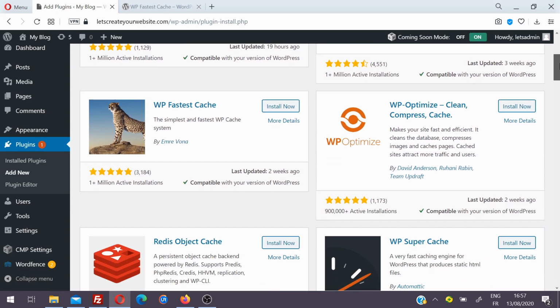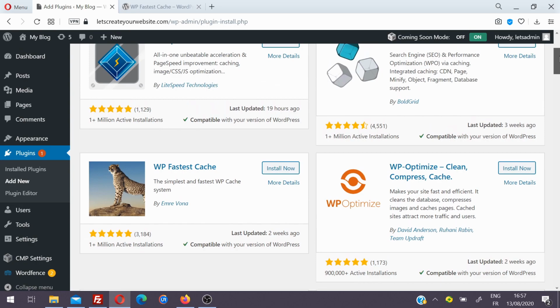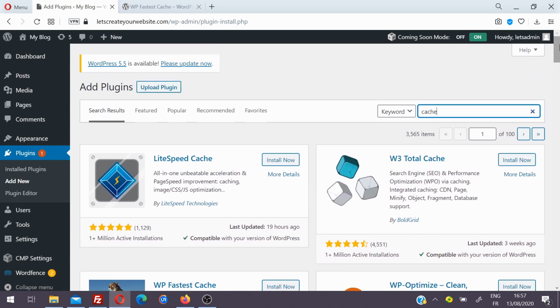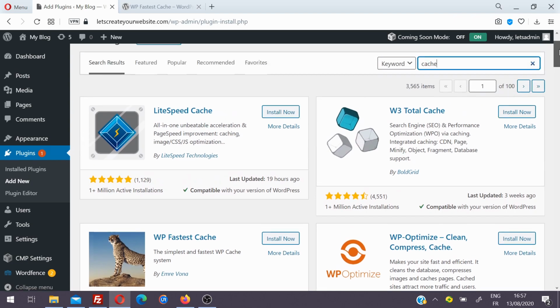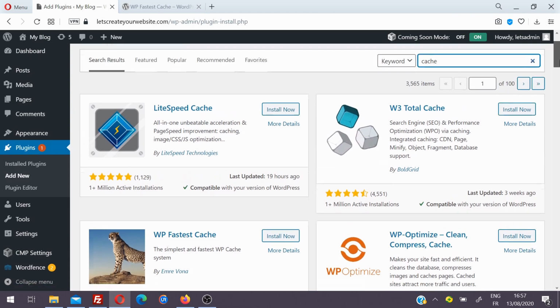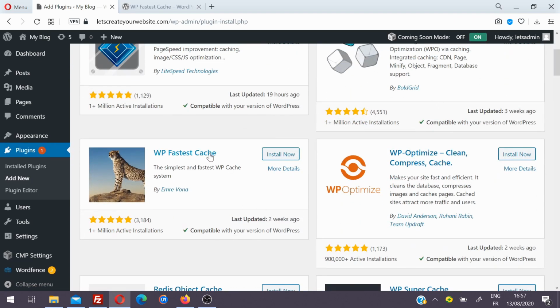Whether you want to implement security, optimize your database, make your website faster with cache, or add membership functionality to your website, for everything there is a plugin already available. So if I want to add a plugin for cache, I'll search here for cache and then select the plugin which I want to install. For example, this one, WP Fastest Cache. We'll use this plugin for this tutorial for all 4 methods, so you understand how you can upload a plugin on your website in different ways.